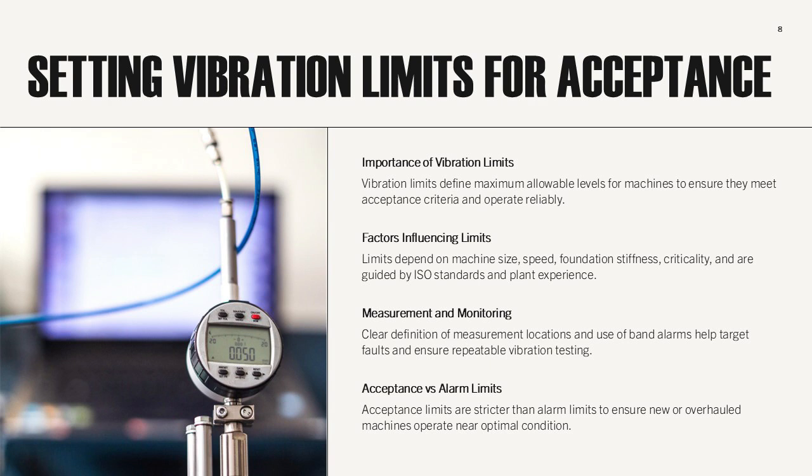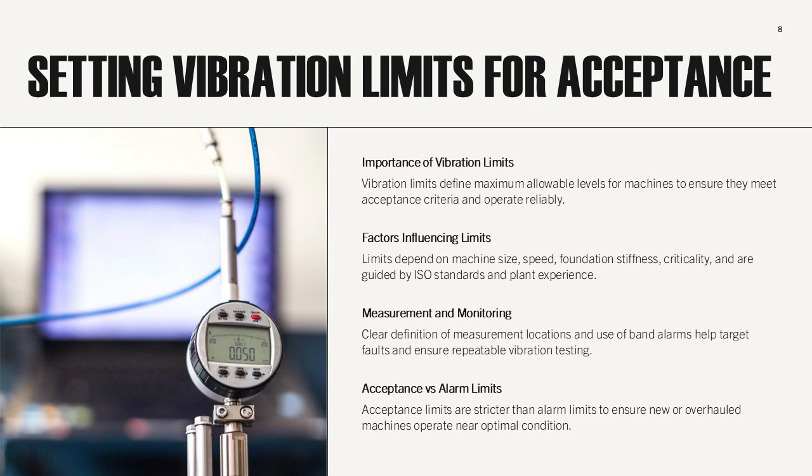It is also important to define measurement locations and directions clearly when setting vibration limits. Consistency in measurement practices ensures that results are repeatable and comparable. By establishing well-defined, technically justified vibration limits, acceptance testing becomes a clear pass/fail process that supports objective decision-making and supplier